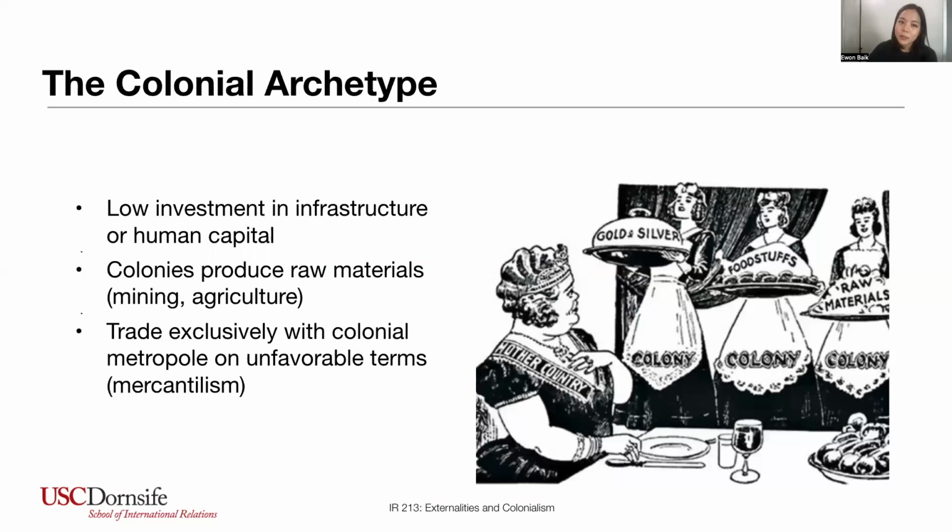So what does colonialism usually look like? The basic economic model is that the colonies were producing raw materials: cotton, sugar, wheat, tobacco, iron ore, lumber, et cetera. So there's a lot of mining, a lot of agriculture. And then these agricultural and mineral commodities are shipped to the metropole so that trade happens exclusively between the colonizing state and the colony. So basically, the colonies existed primarily for the benefit of the mother country. Colonies were not allowed to trade their materials with anyone but the mother country. They were not allowed to manufacture their raw materials into goods that they could export. And this often led to a dependence on raw materials and commodities.